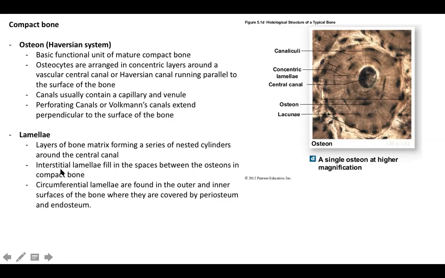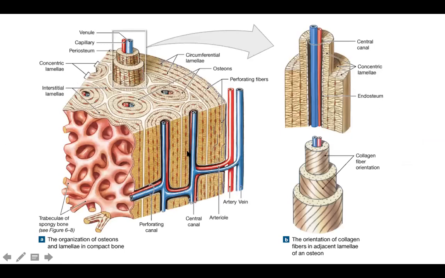We talked about the lamellae. This is circumferential lamellae. Lamellae are found on the outer and inner surfaces of bone, where they're covered by the periosteum and endosteum. So here we have the circumferential lamellae, and there's the periosteum. We'll look at a better slide of the periosteum that has the two layers, the fibrous outer layer and the cellular inner layer. And then around each osteon, we have the central canal and then the concentric lamellae around